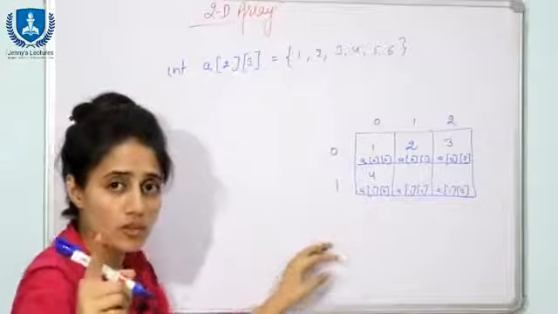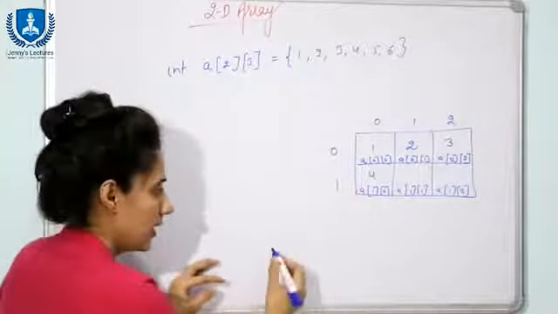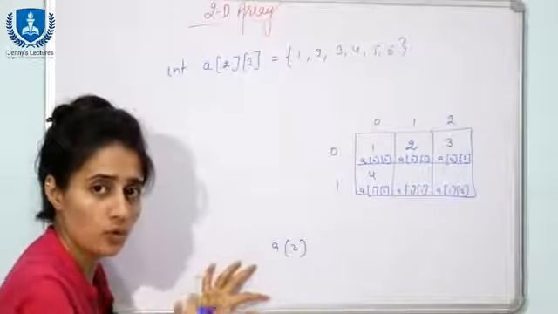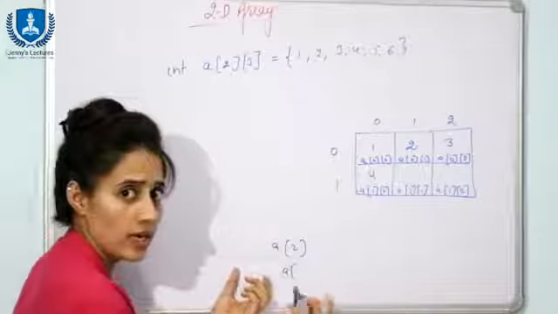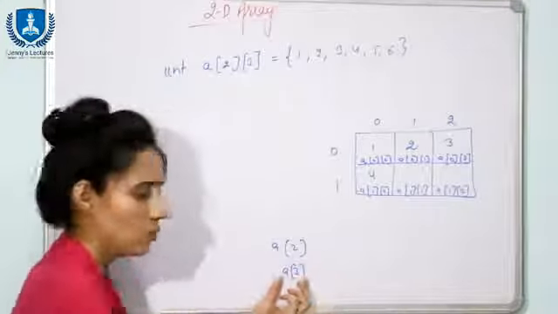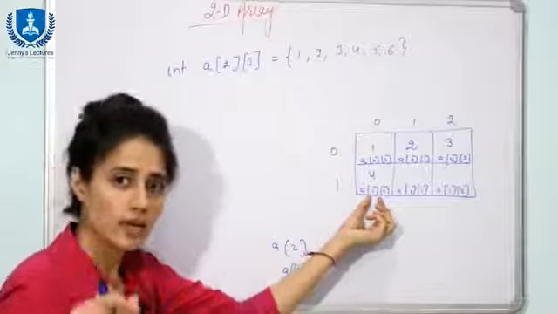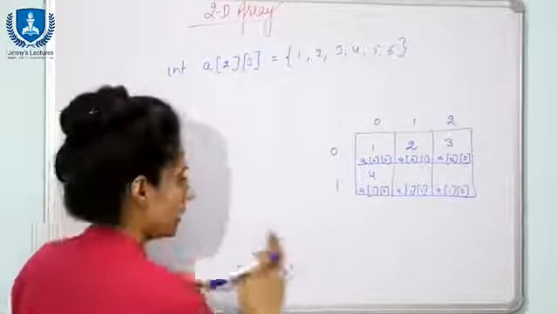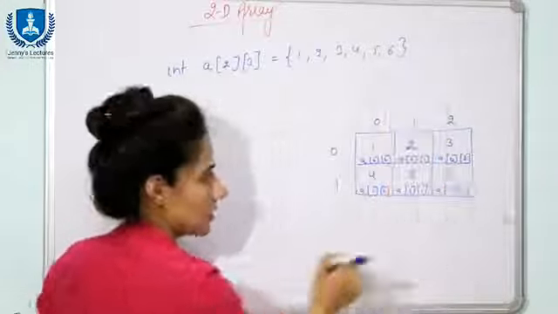This is the index. As we have discussed in the 1D array, we access the element of that 1D array like this: array of 2, if you want to access the element at second index. If you want to access the element at third index, then you will write array of 3. So here we are having 2 indexes because it is a 2D array. Here we had only 1 index because it was a 1D array. Fine. Next is 5. 5 would be stored here and next is 6.